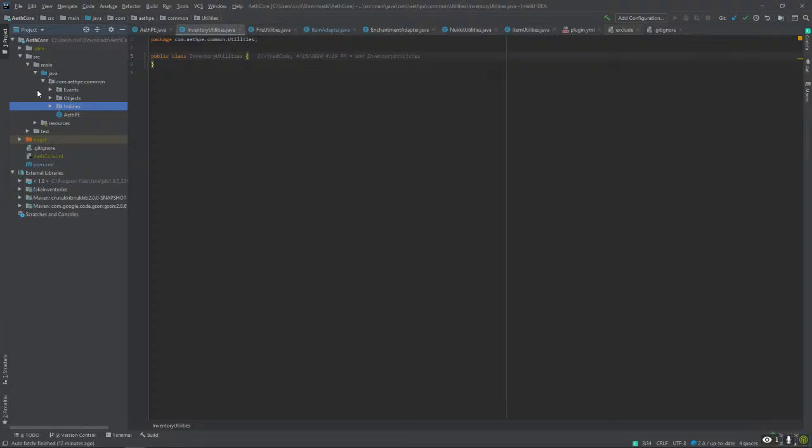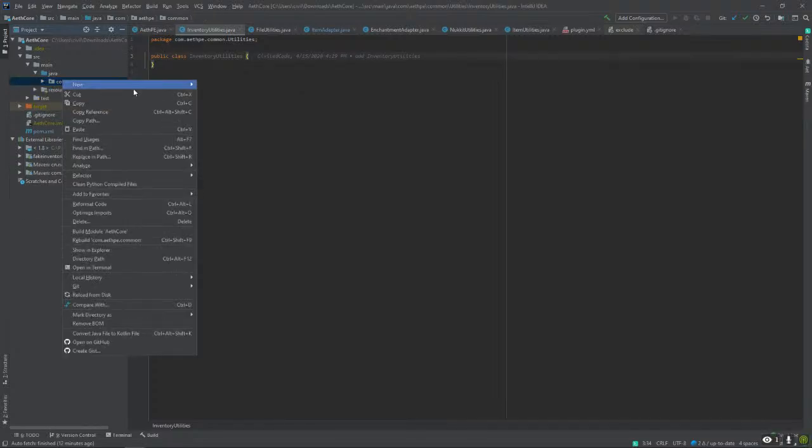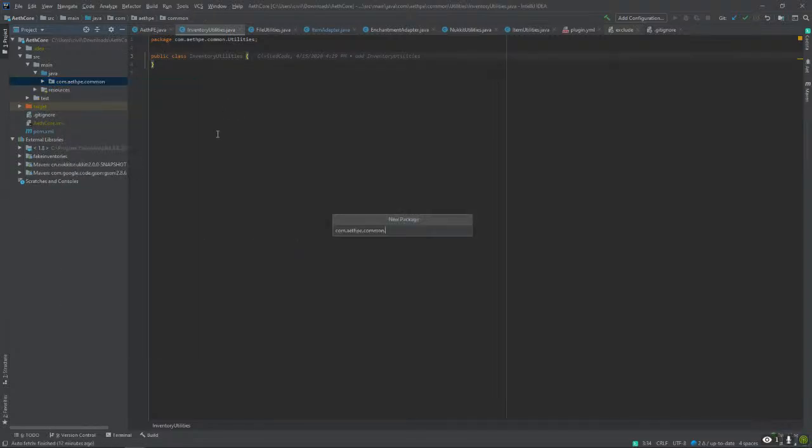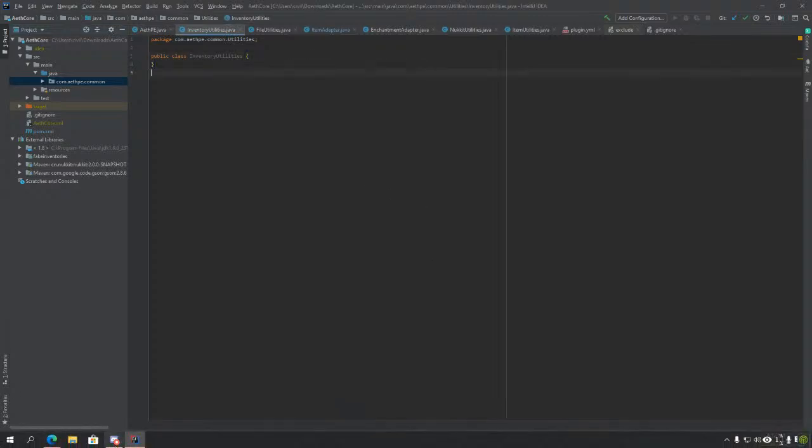Actually, I don't need anything in inventory utilities just yet. Maybe a little bit in the future, but currently no. So what I should be doing is, yeah, create a new package, and let's call this, I need a good package name for this.